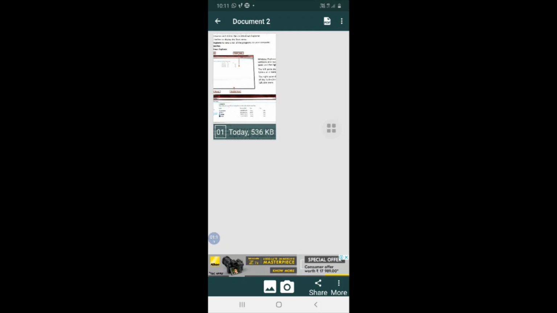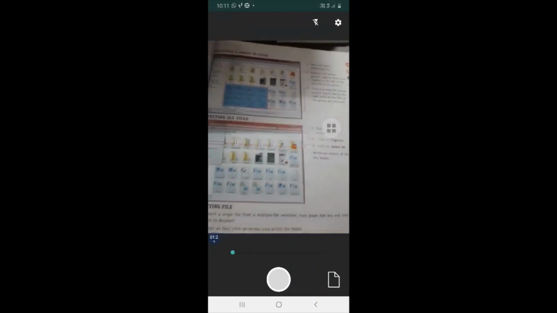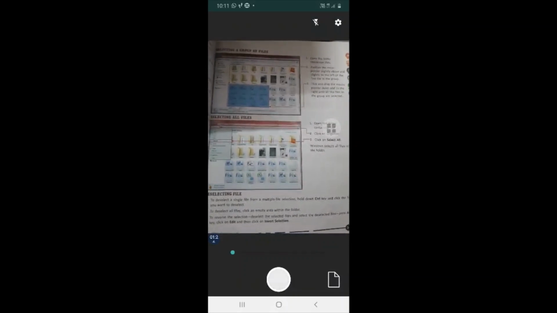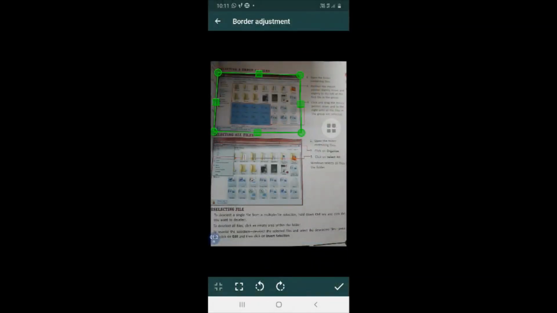Now I want to click further more pictures. I will again be clicking on the camera option and then click the next picture. Okay, adjust the border.